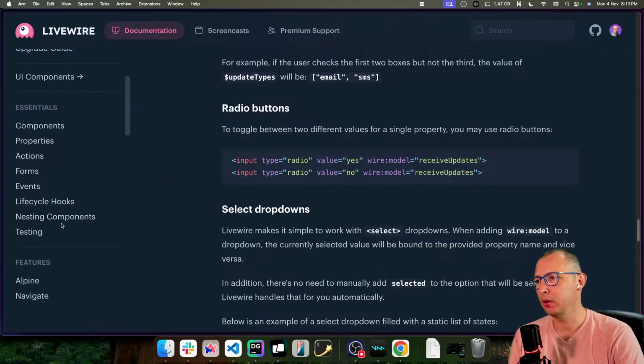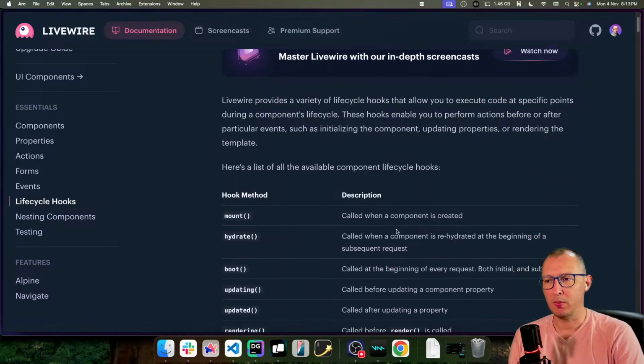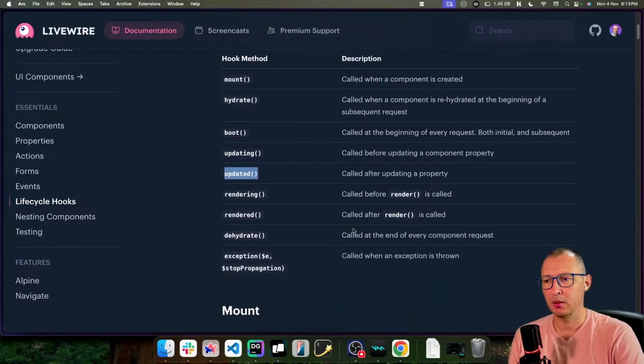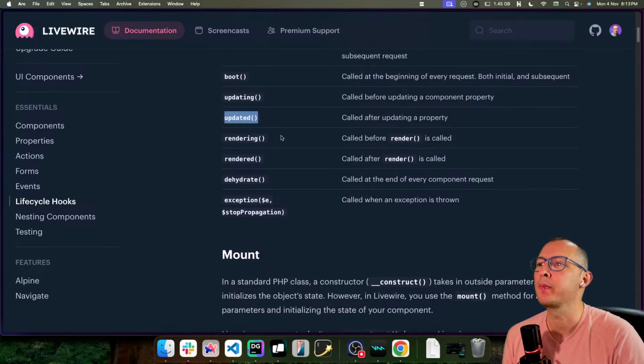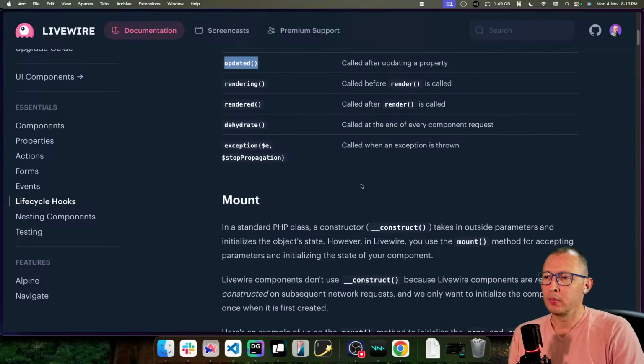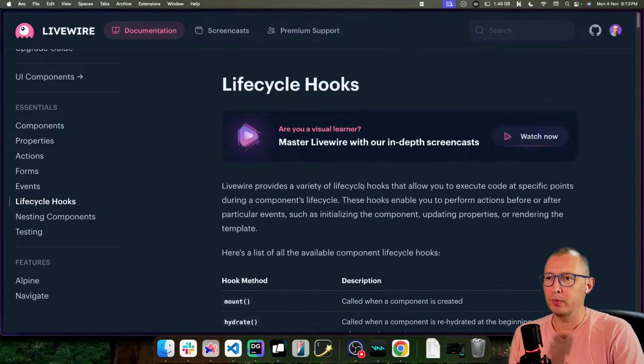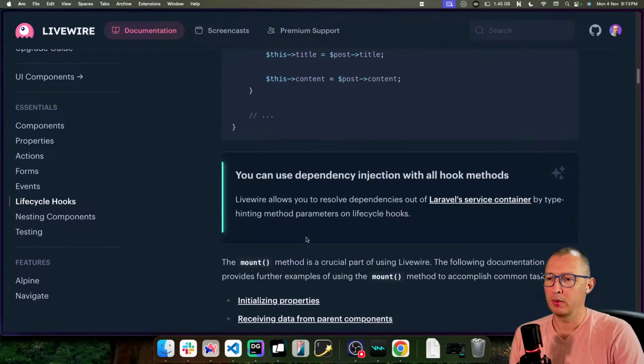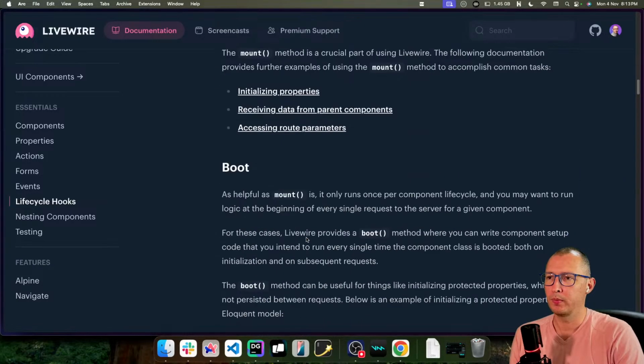A life cycle hook that fires whenever I'm updating or updated a property. Let's try one of those. Mount, no. Boot,